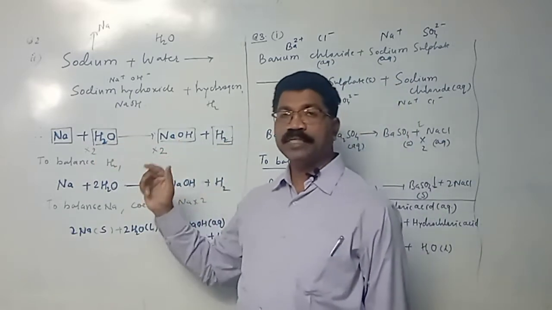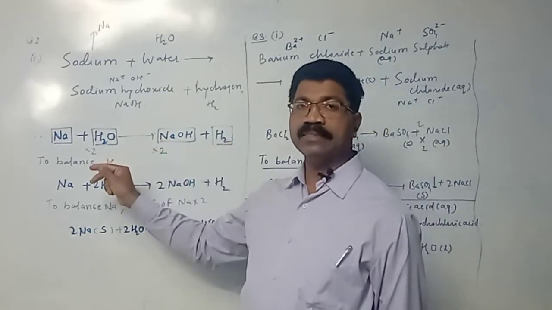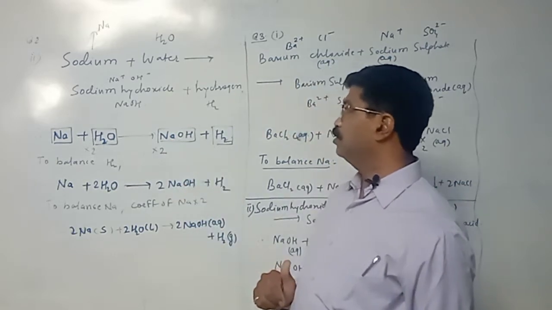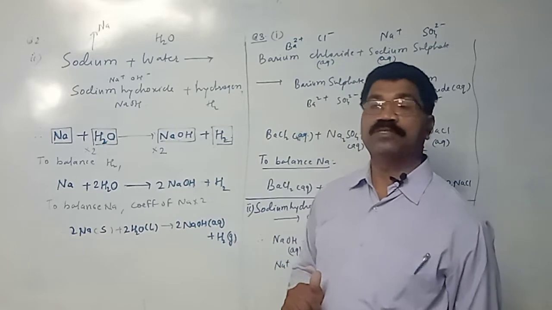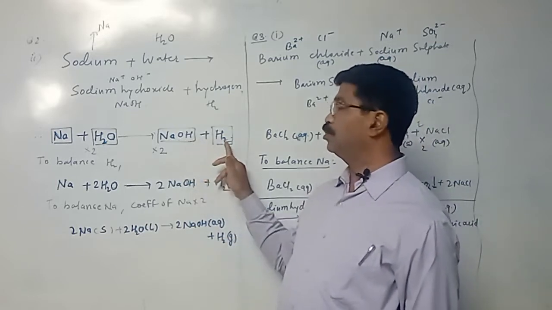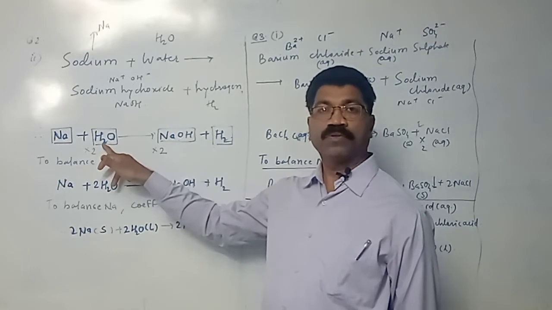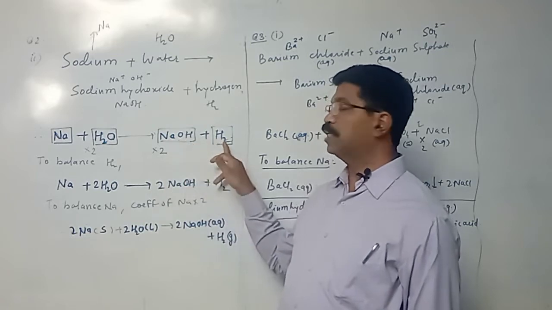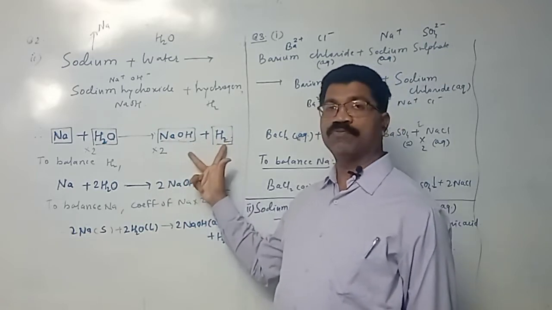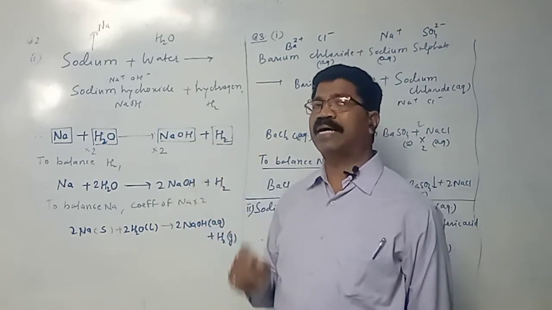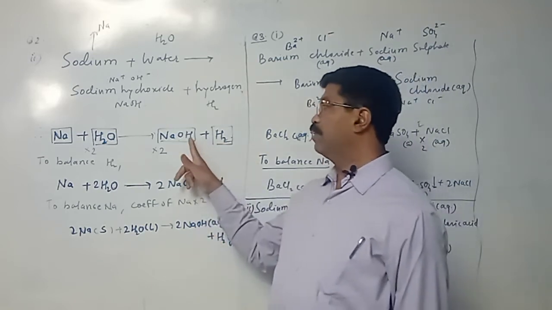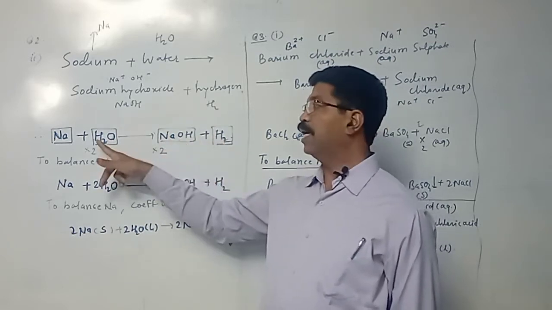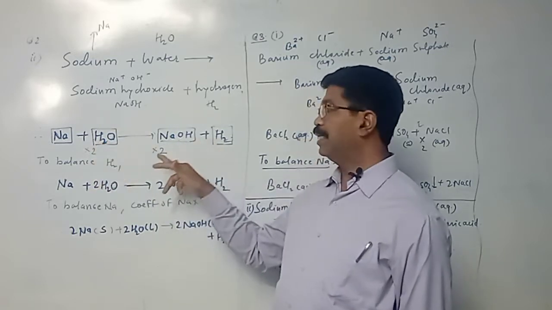Now you have to equate the number of atoms of each element on the reactant side and on the product side. What I found is that oxygen is balanced, hydrogen is not balanced. How much hydrogen is there? Here it is 2, and here it is 1, so 2 plus 1 is 3, and here it is 2. So I will multiply this NaOH by 2, so it becomes hydrogen 2 and this hydrogen 2. 2 plus 2, there will be 4 hydrogen. What is our aim? We have to balance hydrogen. Hydrogen is 3 on the left, and 2 on the right. So we will make this 3 as 4 and this also 4. How to make it 4? By taking coefficient 2.